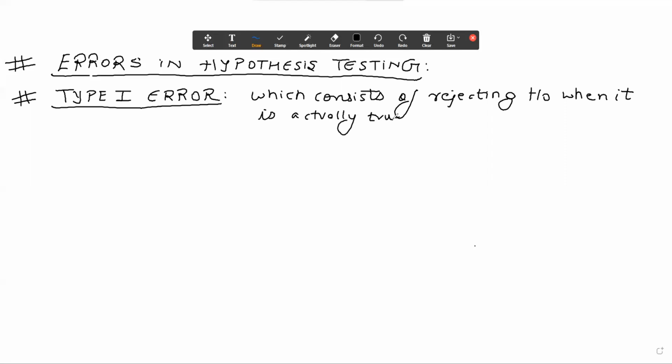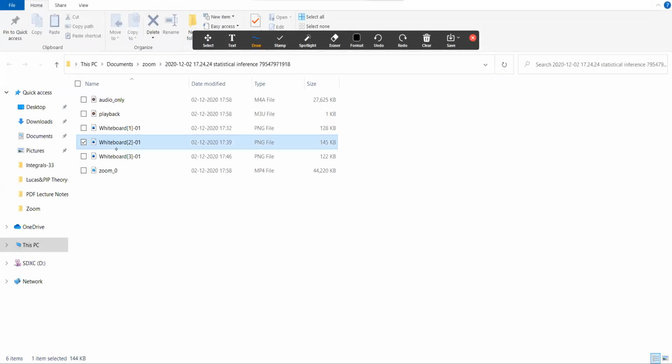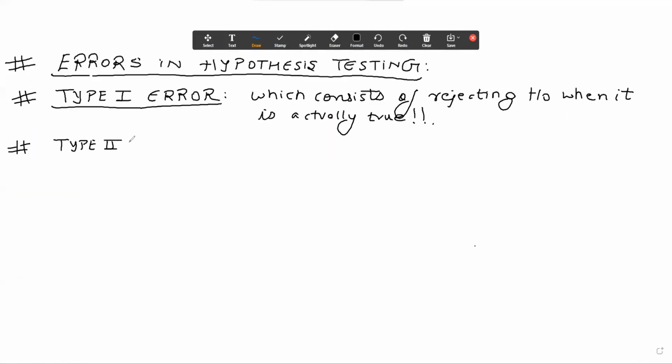That means it should be accepted, but we are rejecting it. And then we have the type 2 error,